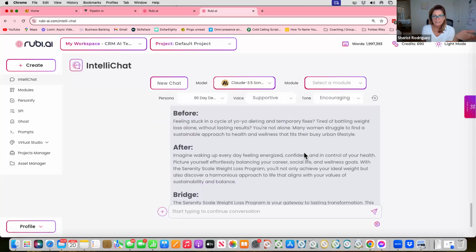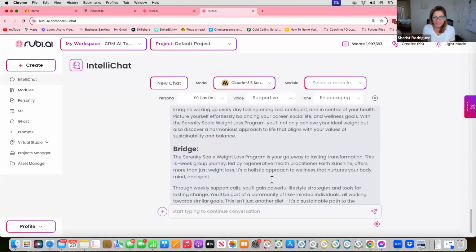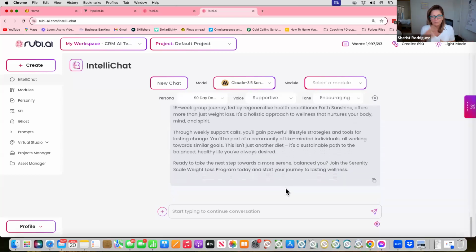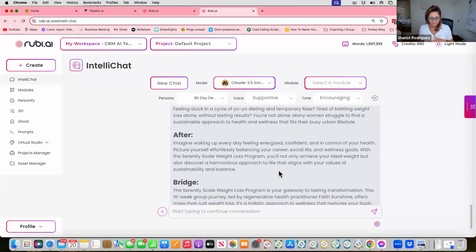After: now imagine, this is you before, now imagine after our program, you're going to feel energized, confident, in control of your health. And then the bridge is the program, the coaching program, the course, the software, the system, and how you're going to support them to go from the before to the after.